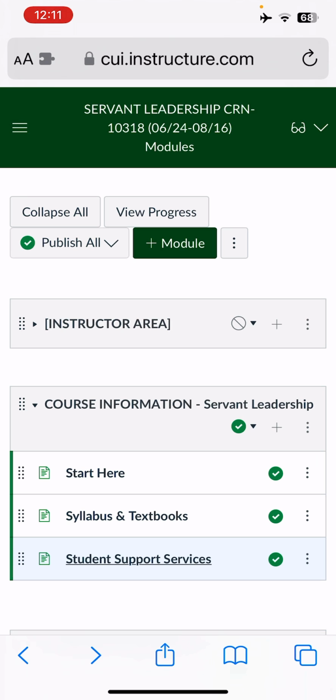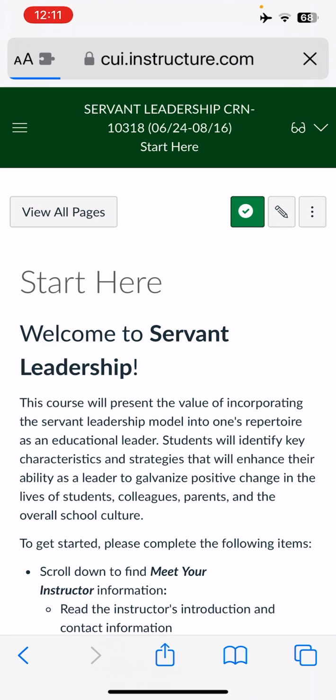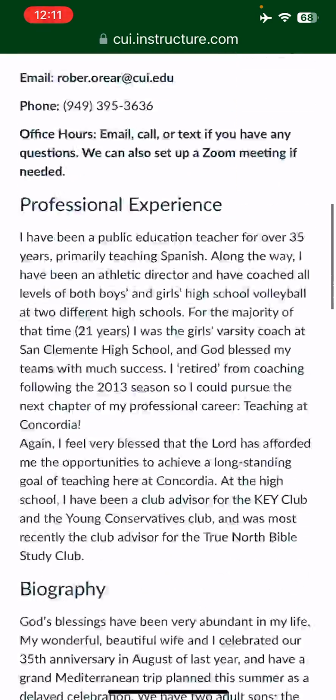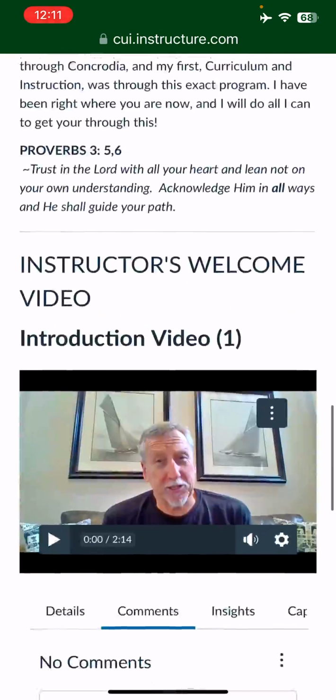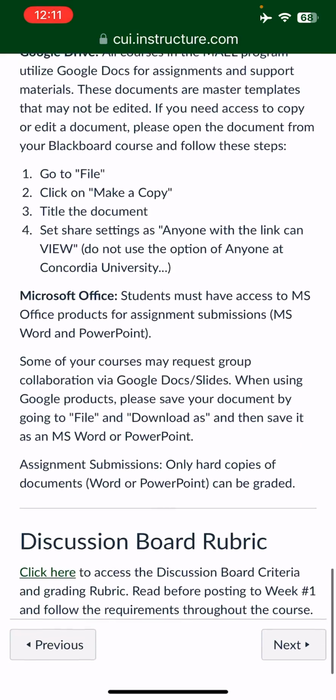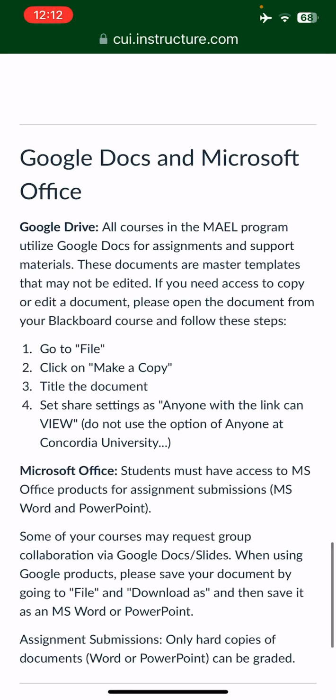But everything else I'm going to show you, we both have. So the first tab here is the course information, where it says start here. I'm at the mercy of the Wi-Fi I'm on here, so it might take a little while. This is just going to be an overview of the course, what you can expect. It's going to be talking about me, if you wanted to read that. And then there's my welcome video right there.